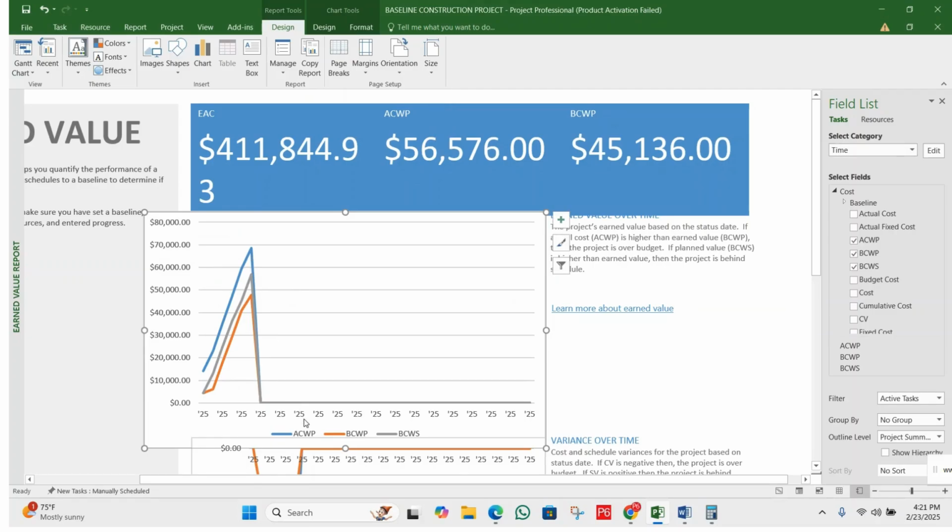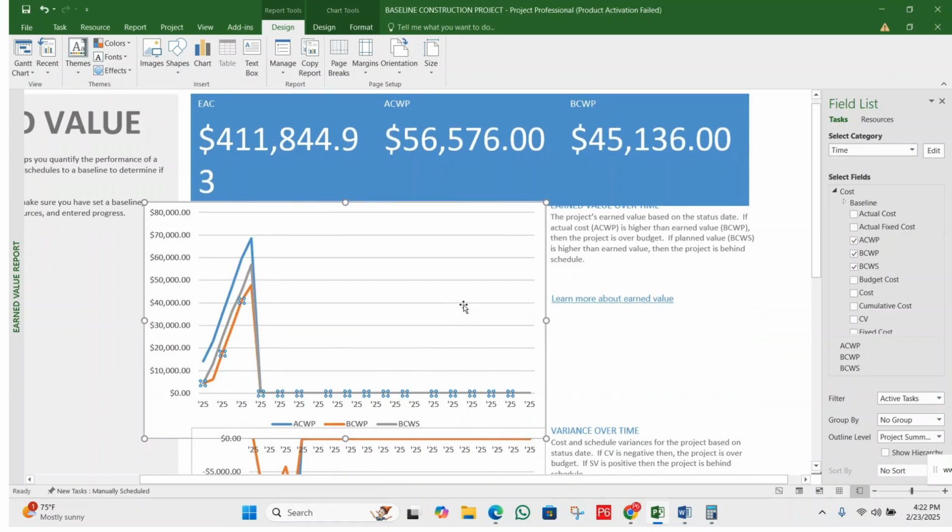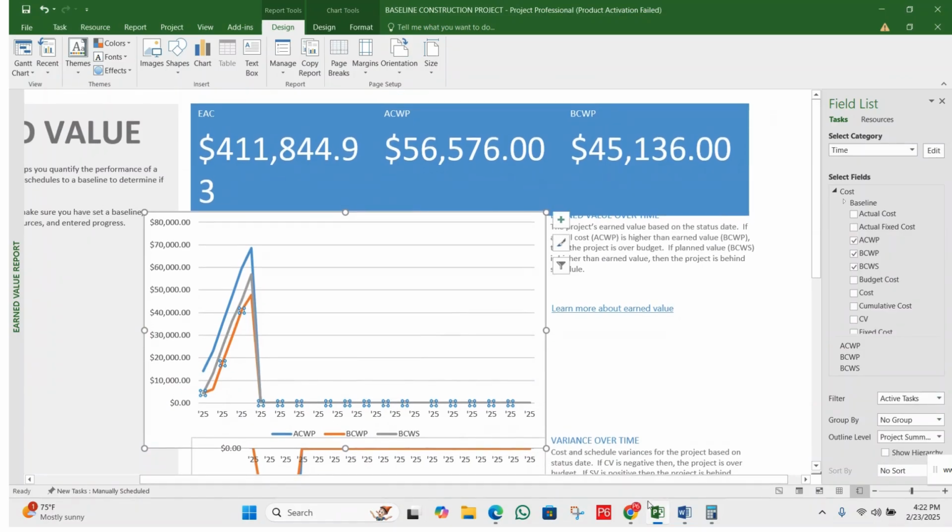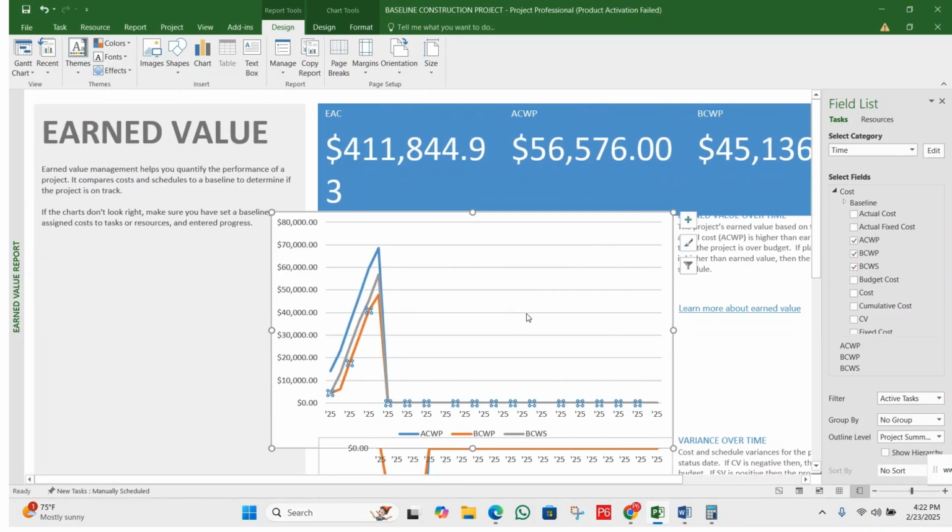ACWP, you can see we have the blue colors, and now for the BCWP, we have here the orange color. You can see BCWP in the middle. So BCWP, we have here the 45136, so it is under the 50,000. So you can take an overview of these earned value reports. Okay, so